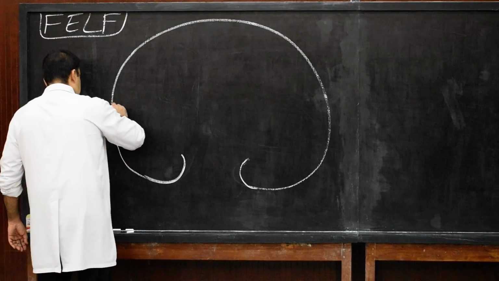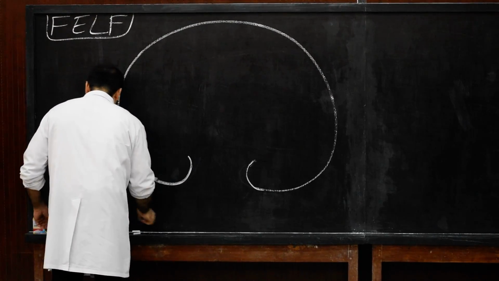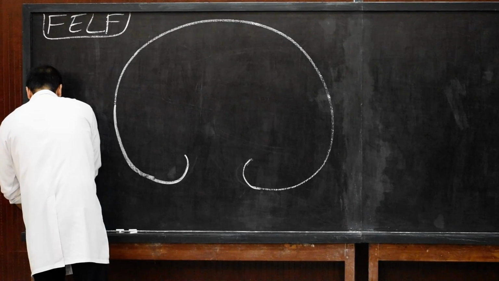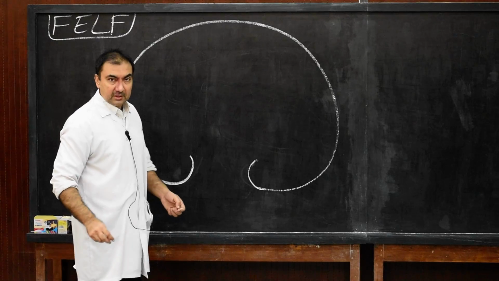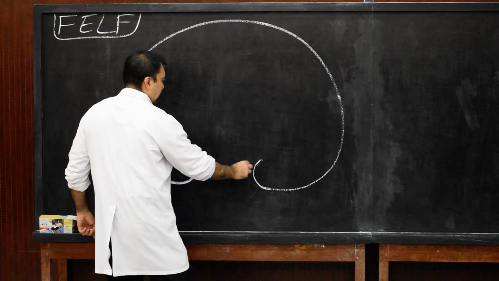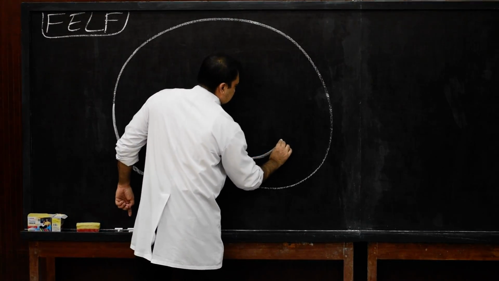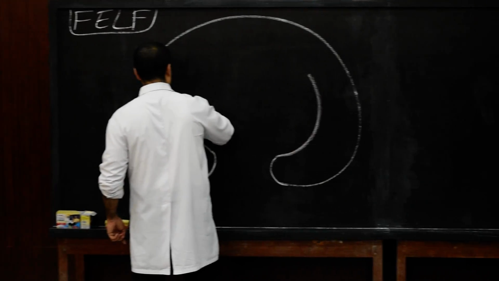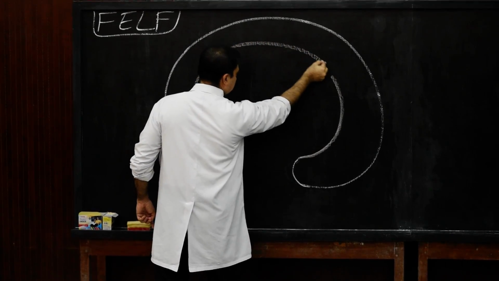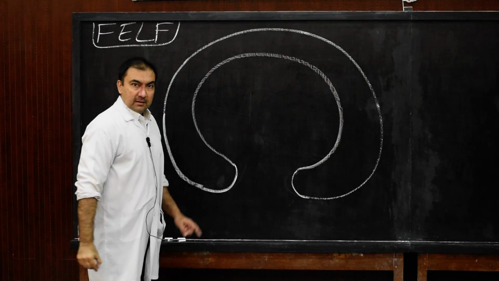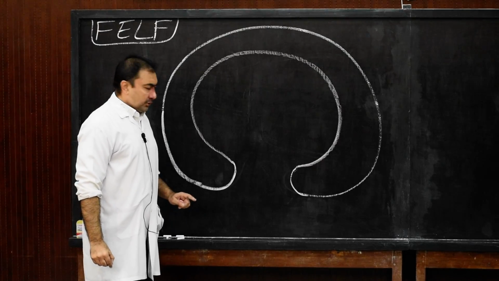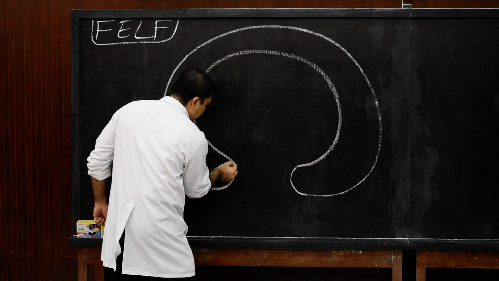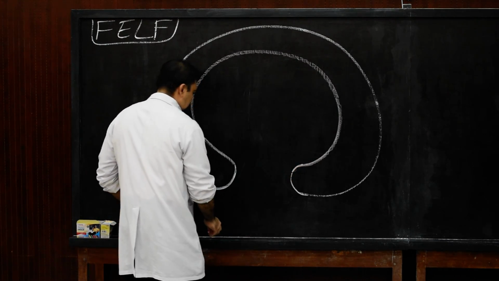From here, so once I do this, then we will use red color. So I am going to use this red color to show the amnioectodermal junction. From here ectoderm will continue. So from here, this is ectoderm, and here also this will be ectoderm, and it will continue in this direction. This color difference is very important to show the amnioectodermal junction. So please draw this color difference. This will show the amnioectodermal junction here.